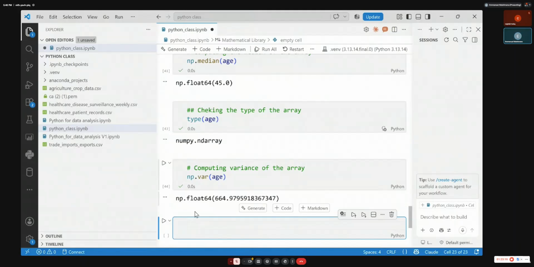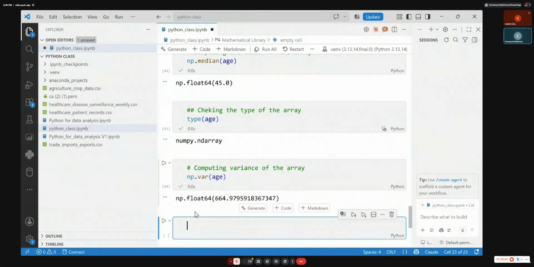Let's say I'm giving you the data of the salaries of one institution, and when you compute variance, maybe it is 200,000. What does it mean? Exactly.